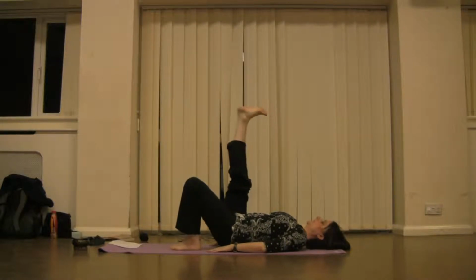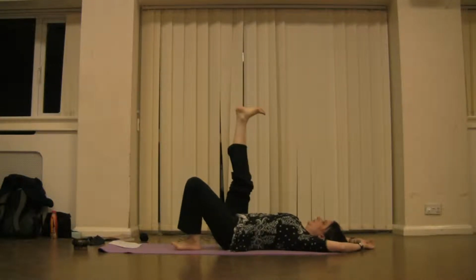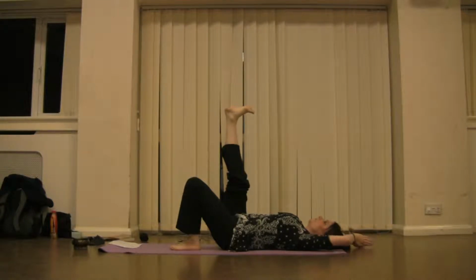So just straighten that right leg up into the air, and have the foot as flat as you can get it towards the ceiling. And then take your arms over your head, rest them on the floor behind you, bending the elbows. And with the elbows bent, see if you can just bring the palms together in a prayer position just above